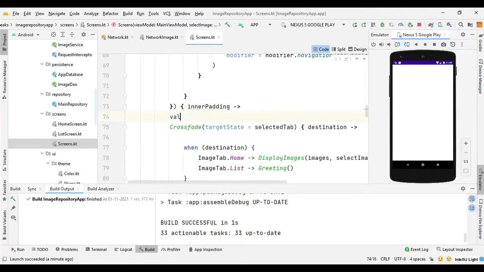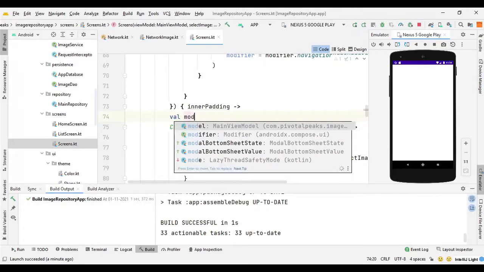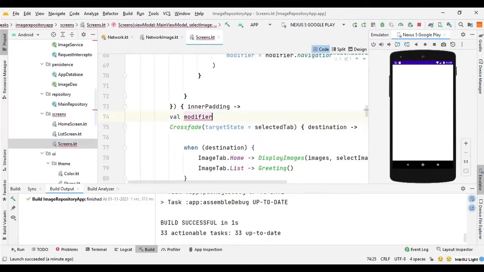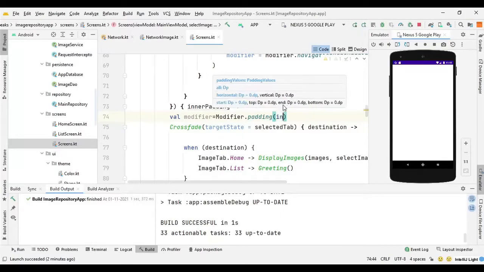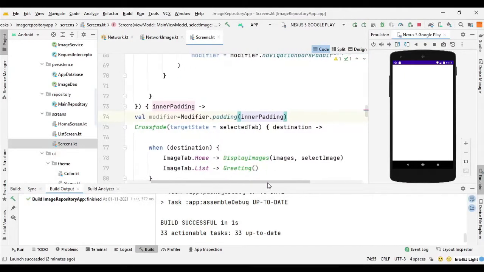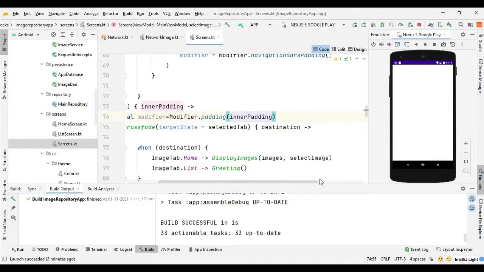So we can say val modifier equals Modifier.padding, and here we can say inner padding, and then we need to apply this inner padding to our image tab. So here we need to provide the final parameter as a modifier. So we can say modifier, and let's run it again,